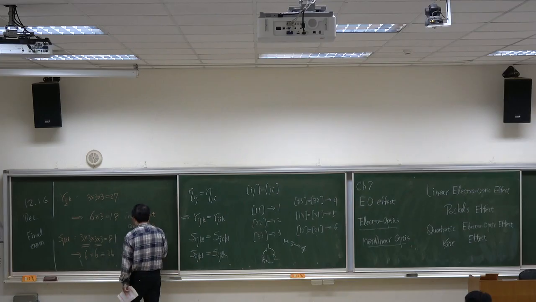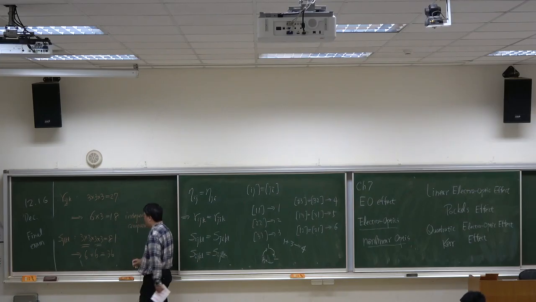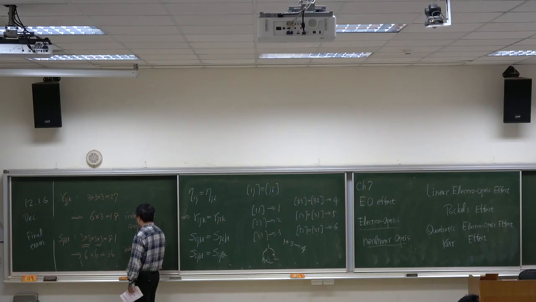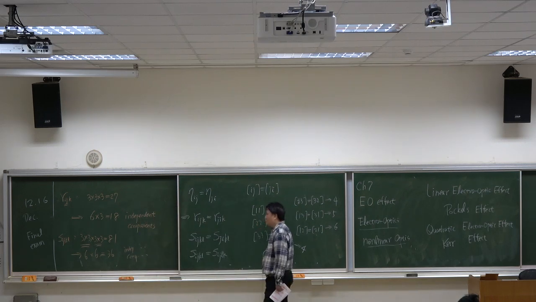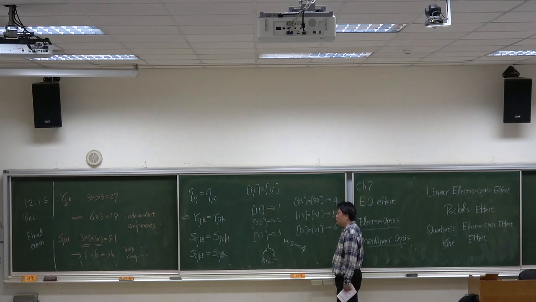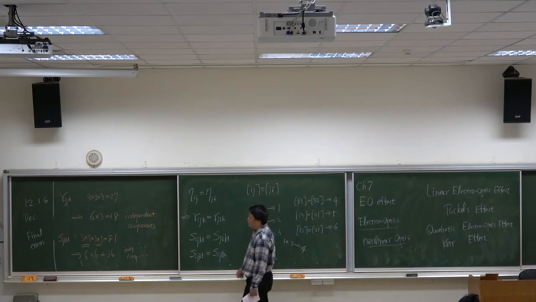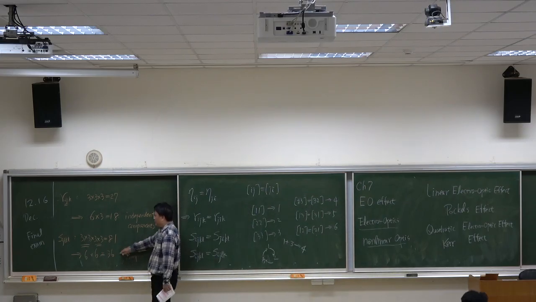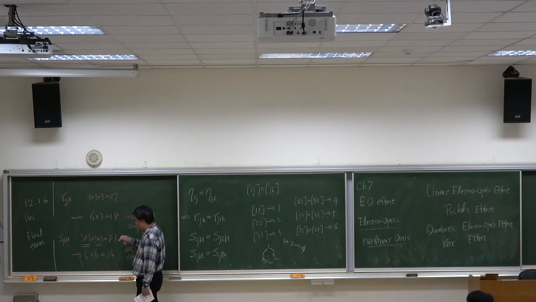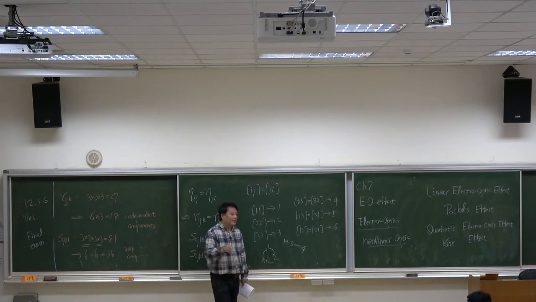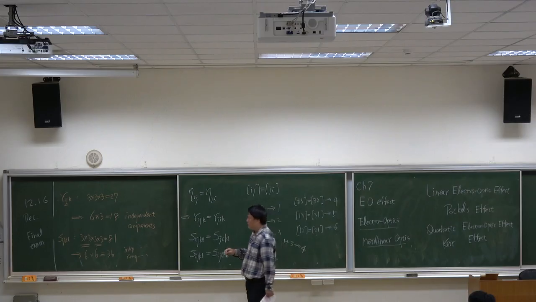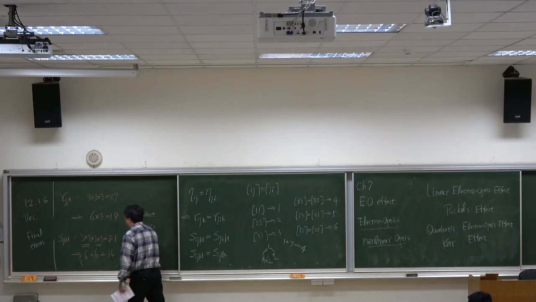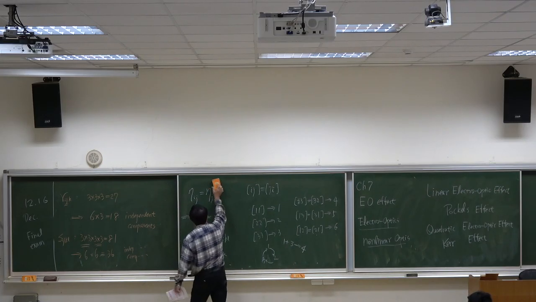So totally we have 36 independent components. 就是这个 Rijk 的系数其实只有18个独立分量，而 Sijkl 呢只有36个独立分量。